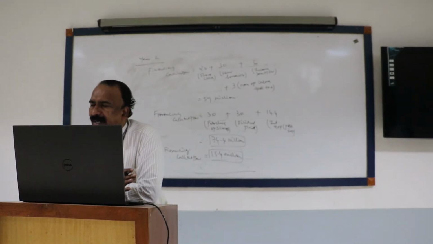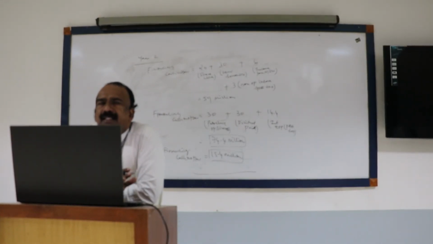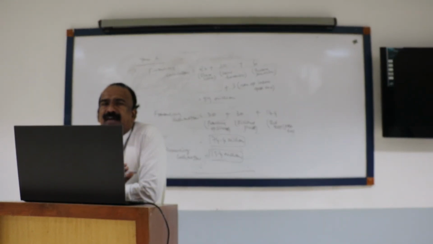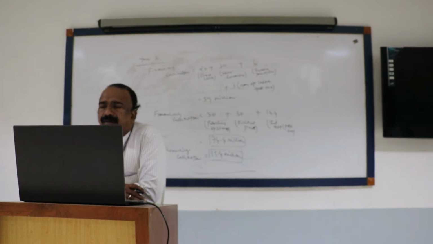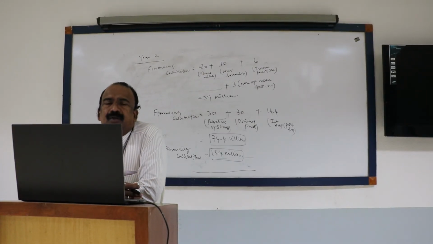So any clarification, anybody? Financing cash inflow, financing cash outflow. I repeat, financing relates to raising funds. So how does the company raise funds? That's the question here. What are the cash inflow and cash outflow arising out of financing activity? That is raising funds. So what are they? Issue of shares. When you issue shares, it is called financing activity because you receive money. When you redeem shares, the money is going out, the fund is going out. It is called financing cash outflow.